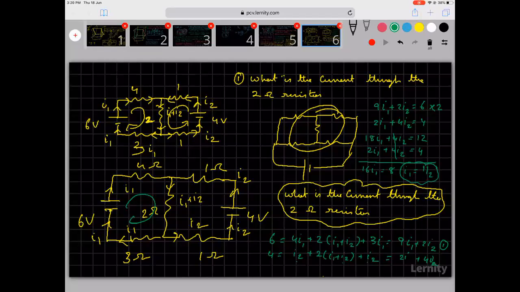Now that I have I1 is equal to 1 by 2 ampere, I can get the value of the other one quickly. I1 is equal to 1 by 2 means I2 is equal to 3 by 4. So I2 is equal to 3 by 4, and I1 is equal to 1 upon 2. Okay, don't worry, we will work more questions in the next class, and then we will work one more class. We will be working out questions, and then we will see.